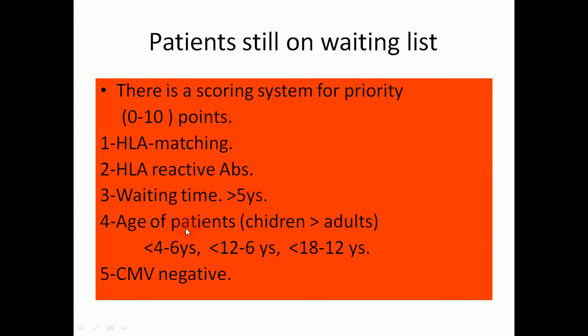And regarding age, children are preferable to adults because of the erythropoietin which is secreted from the kidney. And patients who are cytomegalovirus negative get 2 points. So patients who have a higher score have more advantage for doing